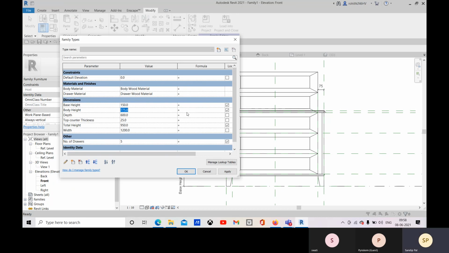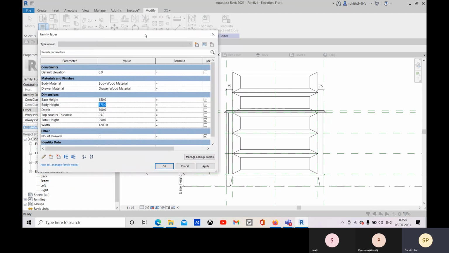So this is the body height. Okay. And that is number of drawers,